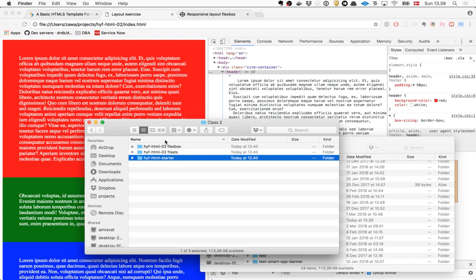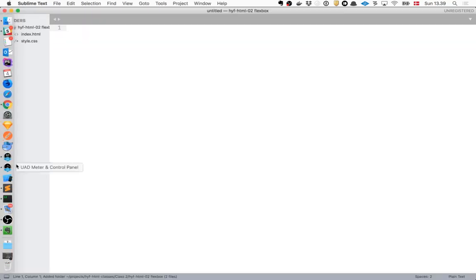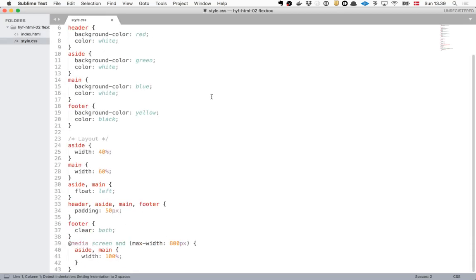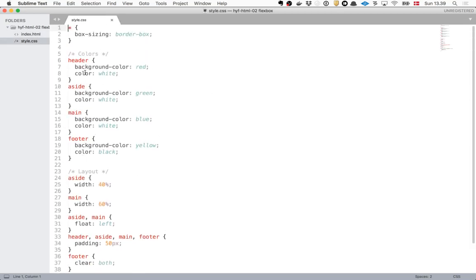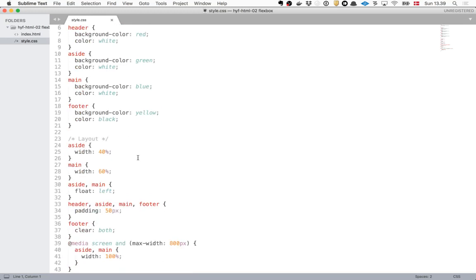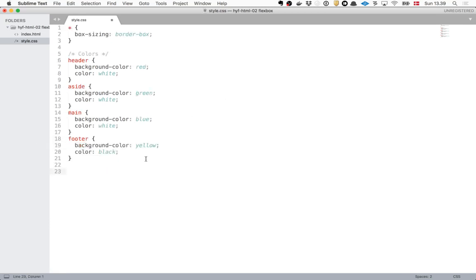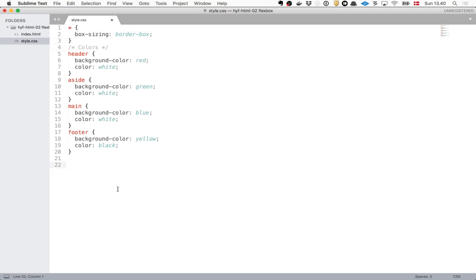That's perfect. So let's take the Flexbox version, which is currently just a copy of the floats version, and clean that one up. I think the only thing we want to keep is the colors. And now you see why it was a good idea that I put them separately. So I'm going to delete everything else. And let's keep the box sizing, because you saw why box sizing is important, and it's also important when you're doing flexbox. The same thing applies there. Any ideas how I should get started with flexbox then?